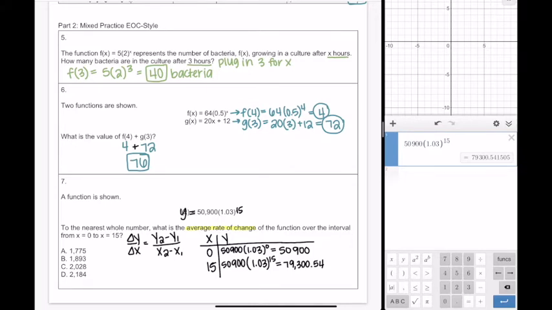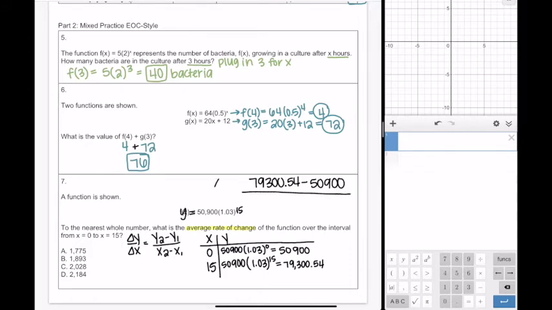Okay, so now we want to know that average rate of change. So to find our average rate of change, we are going to take our change in y. So we're going to subtract 79,300.54 minus 50,900 over, so this is our change in y, over our change in x, which would be 15 minus 0. All right, so just typing this in real quick, we're going to get